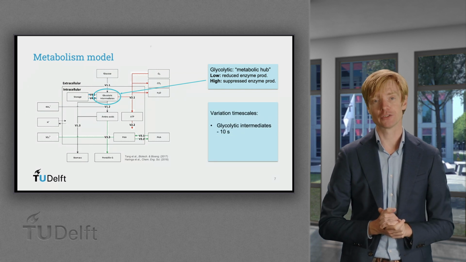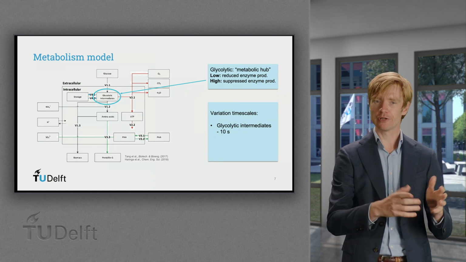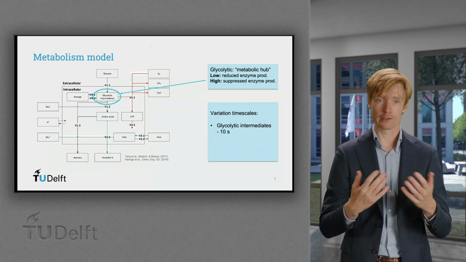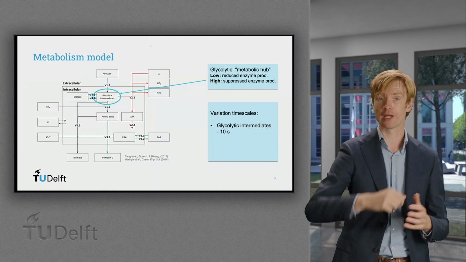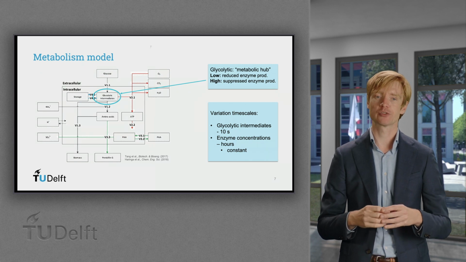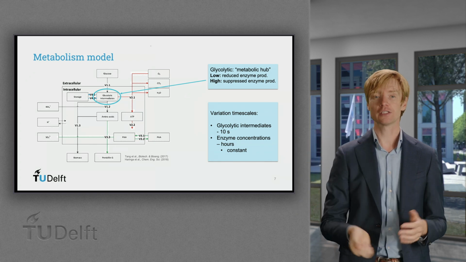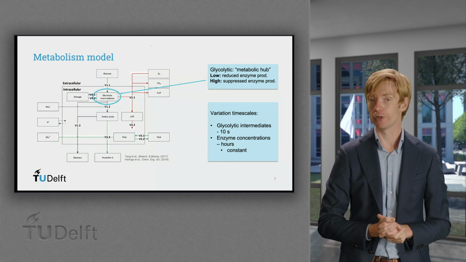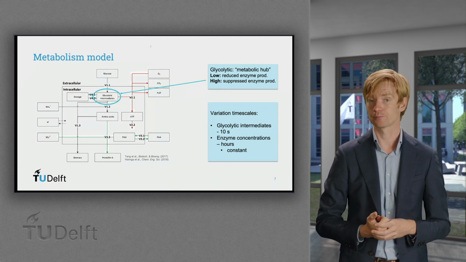The timescale of variations in the glycolytic intermediates is approximately 10 seconds. So they buffer the rapid variations in extracellular glucose, but the intracellular glycolytic intermediates still go up and down quite fast as the cell moves throughout the reactor. Conversely, the enzyme concentration responds on the timescale of hours, so we expect the enzyme level to end up constant, insensitive to rapid extracellular variations. The question is, at what level will the penicillin production capacity level off, under the pressure of continuous regulation?